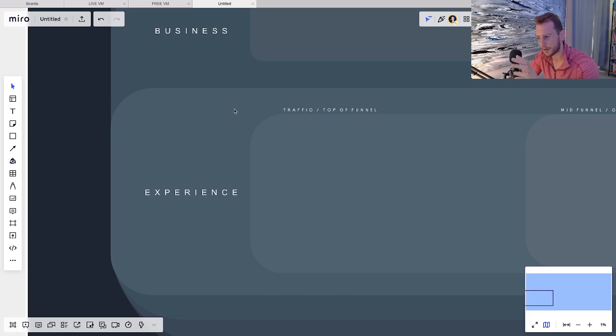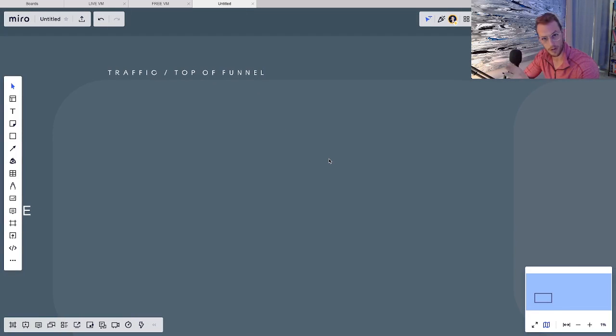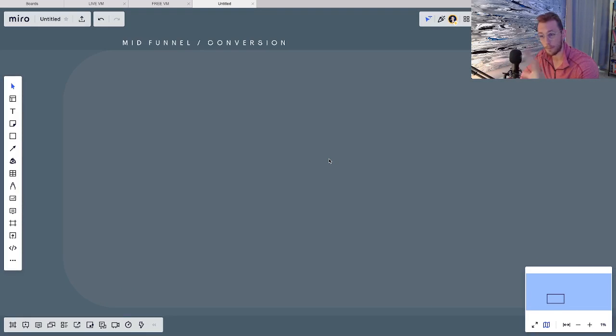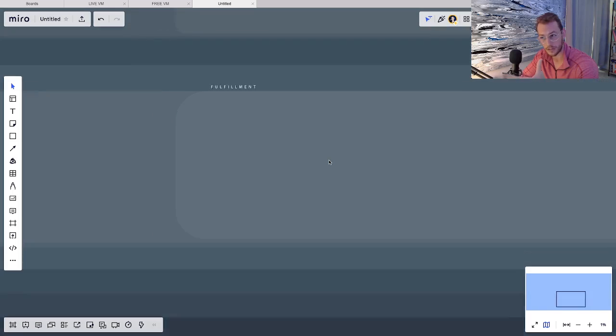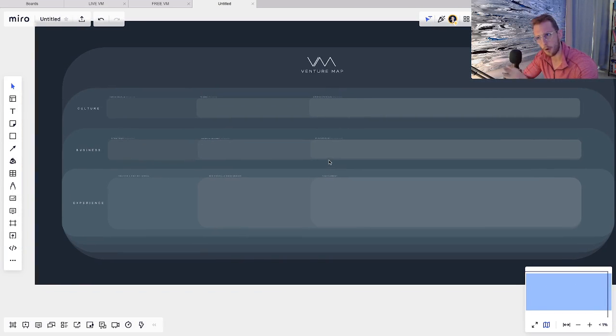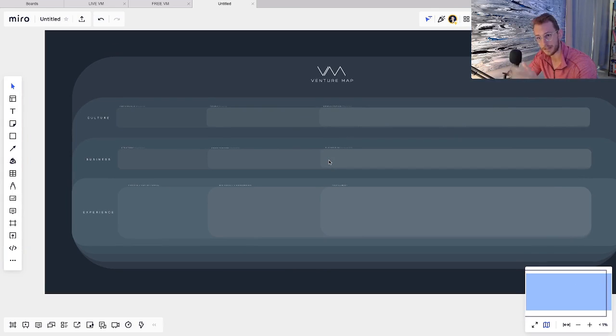Lastly, we'll be in the experience lane. We'll define the traffic channels, our top of funnel, our mid funnel to conversion point, and then our fulfillment and product or service delivery. So that's a real brief overview on the venture map template